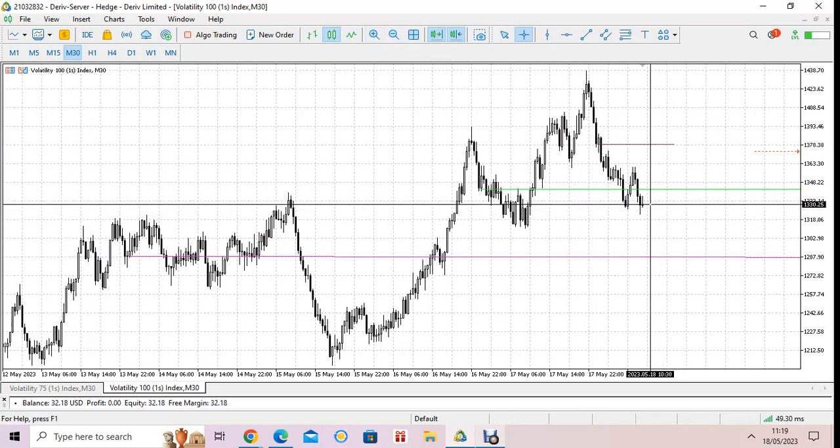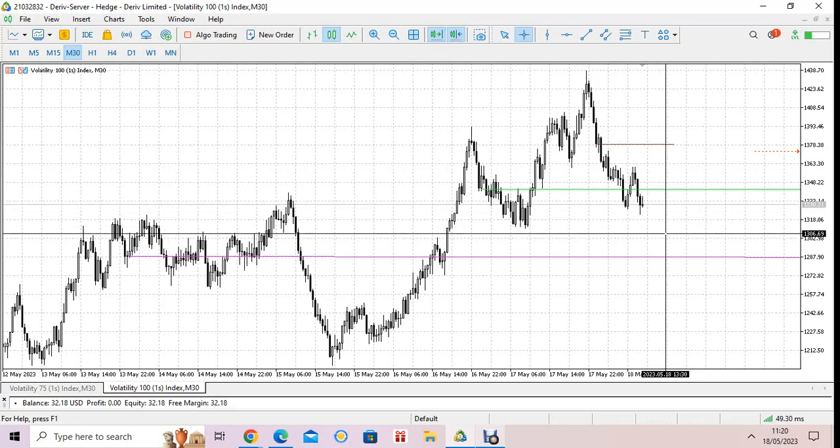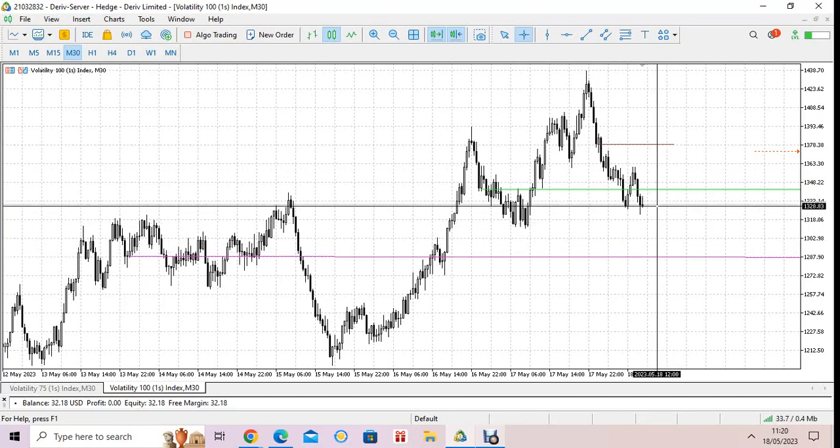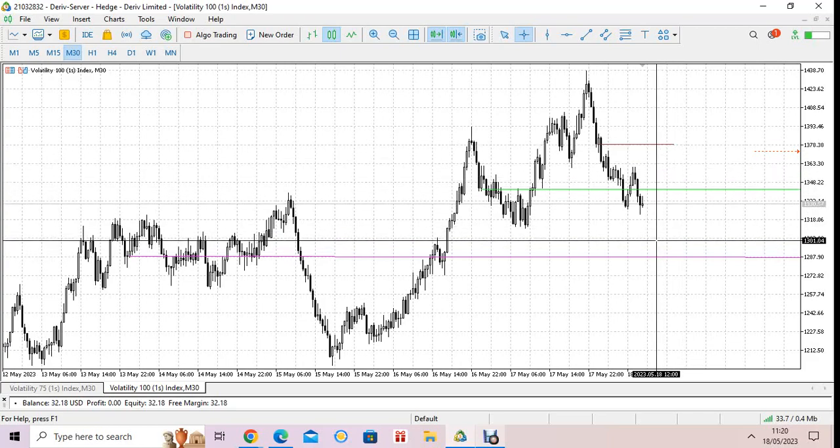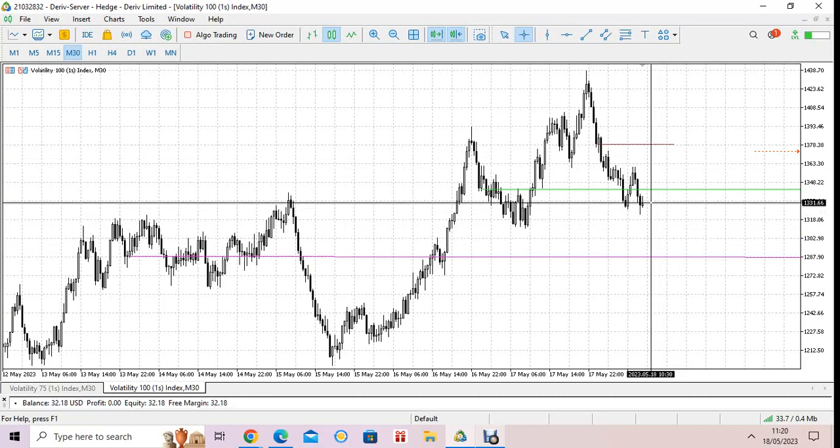As where price is right now, I would not make any trades, because I can't tell personally, is it going to come down back here or is it going to come back up to opening price? So I can't tell. I'd rather wait a bit. But what I can say that I would do for myself is